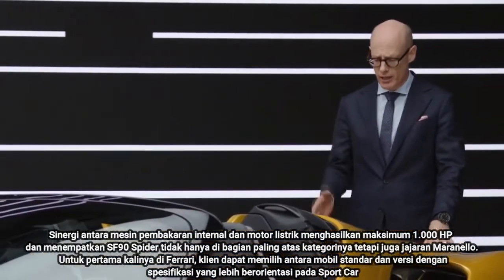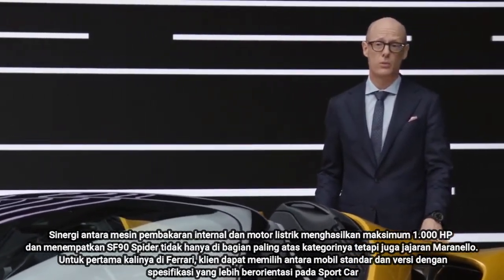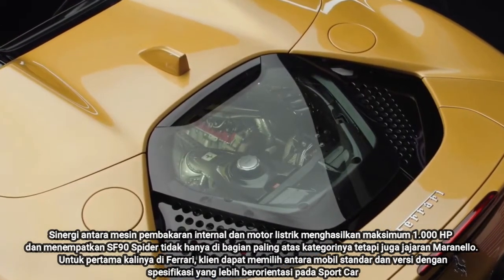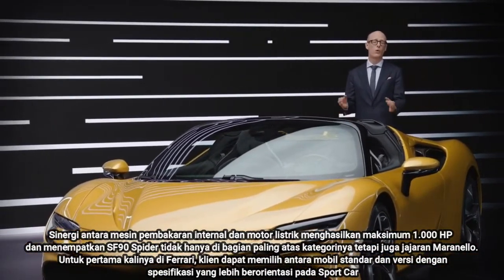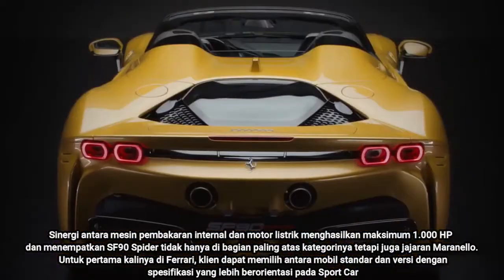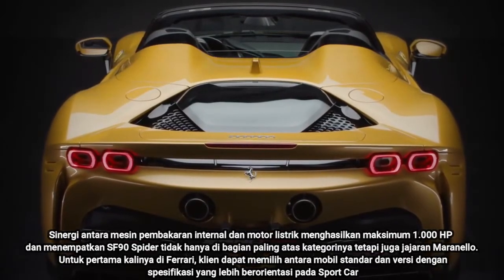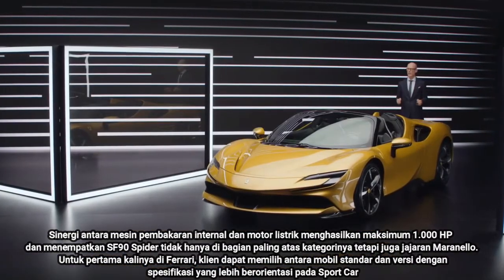Let's talk about the engine. The engine is the soul of a Ferrari. That's what Enzo Ferrari said. And that was the reason why we decided to celebrate this beautiful piece of engineering even more than normally, also on the Spider version. So it's the first time after a long time that we show the engine bay. We redesigned it totally to go beyond the best V8 engine ever made. So it's the most powerful V8 we have ever done,